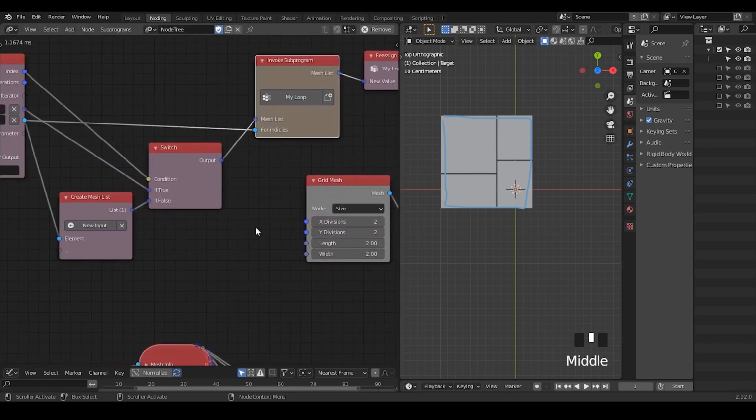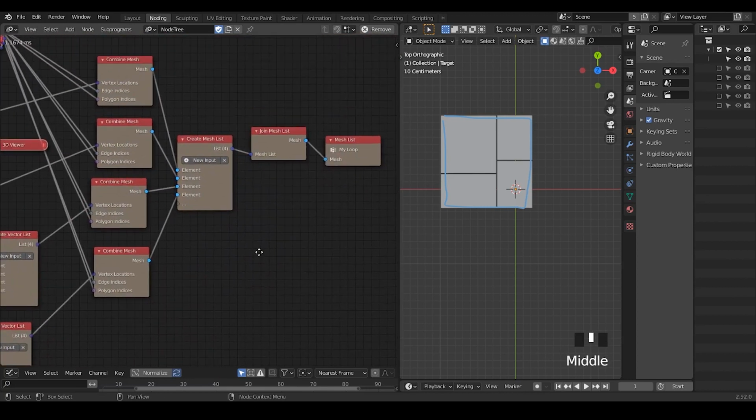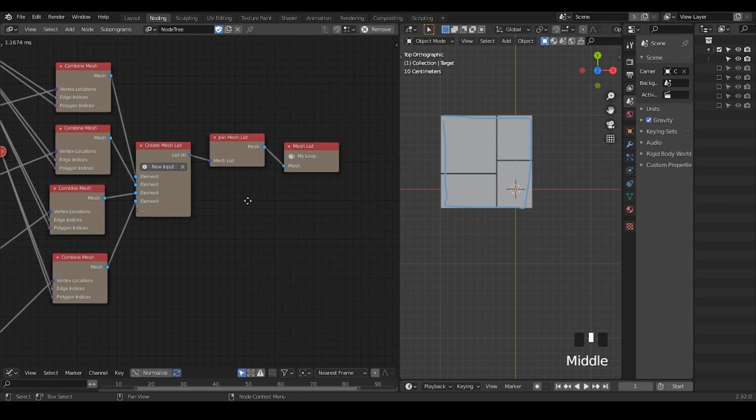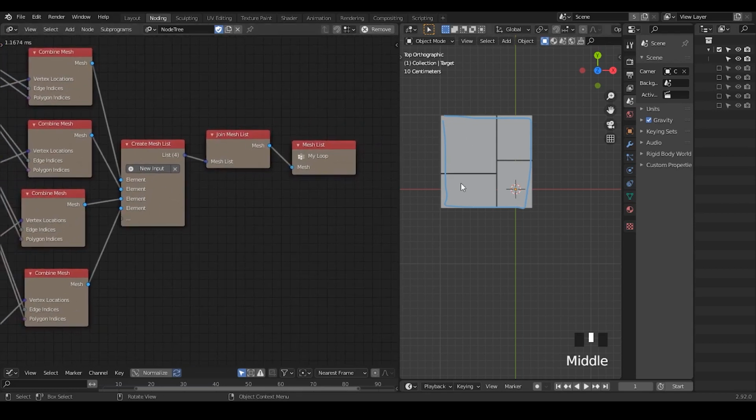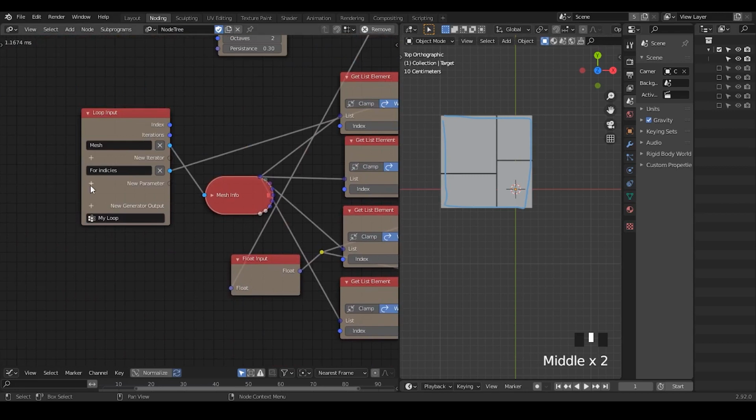This is tricky because I don't know. Wait, where's the problem for real? Okay, so I think I actually get the idea. The reason is we join the mesh together so that it does not actually know which mesh or which polygons to actually look at. So I think the easy way to start with this is we're going to take a mesh